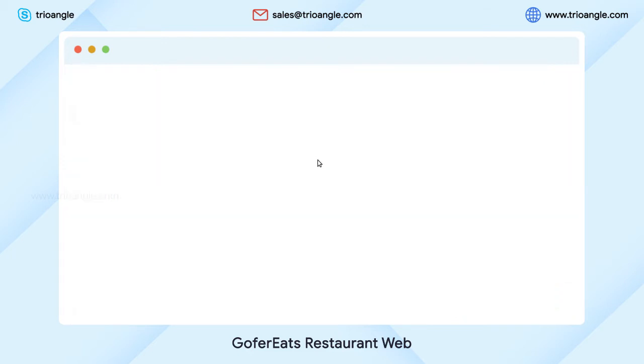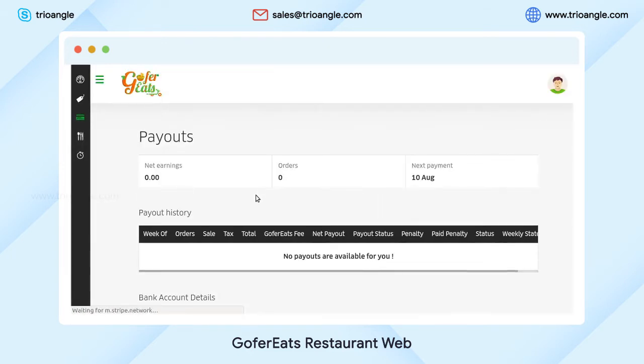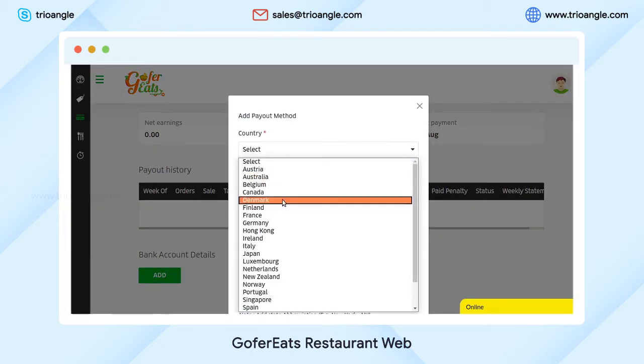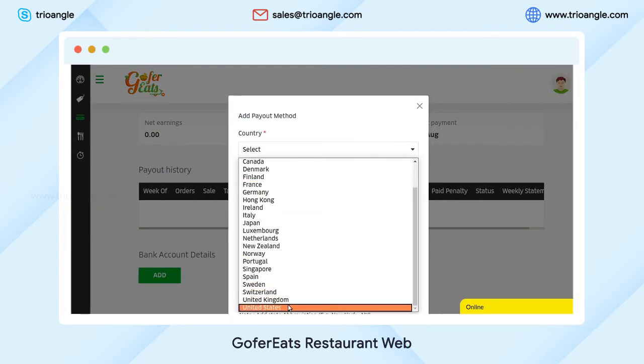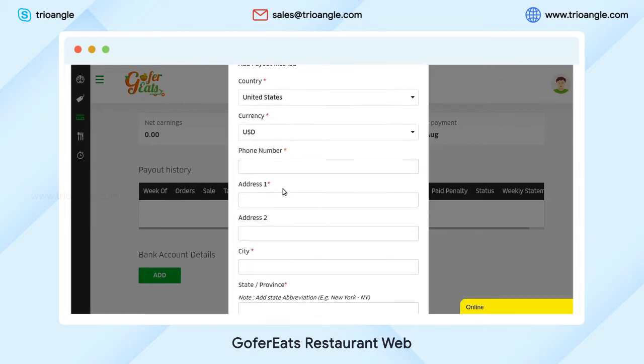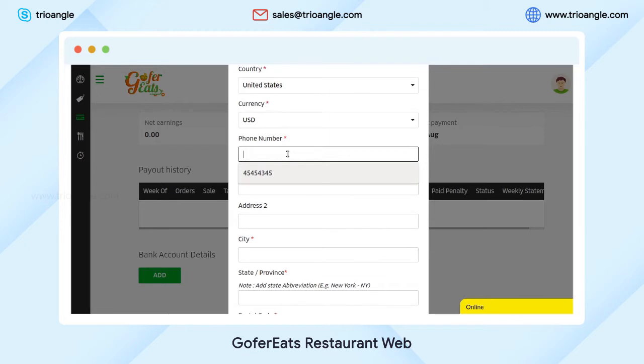And now we are going to the payout preferences. Adding bank account details. I'm selecting the United States as the country and selecting the currency as USD. I'm going to enter my phone number and address details to it.